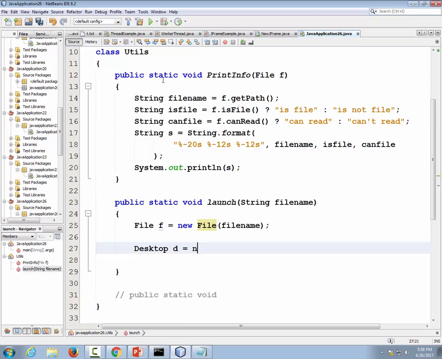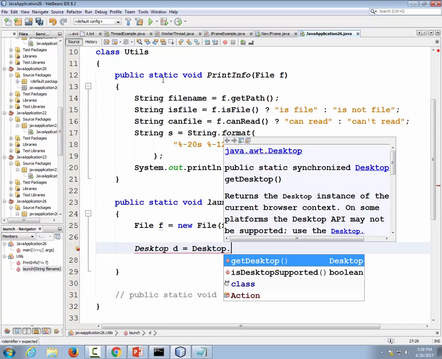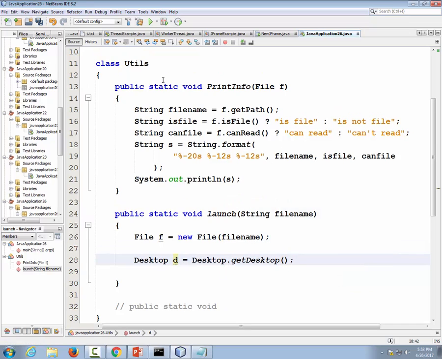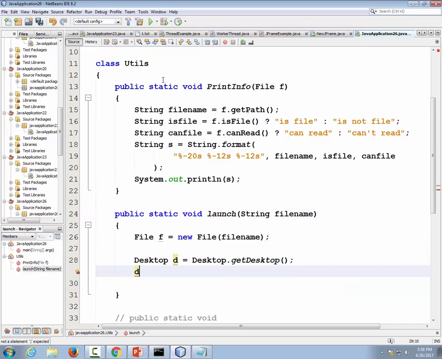Desktop d is equal to Desktop.getDesktop, and then d dot,